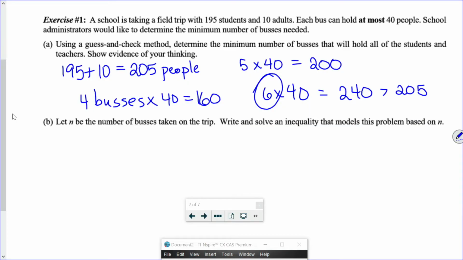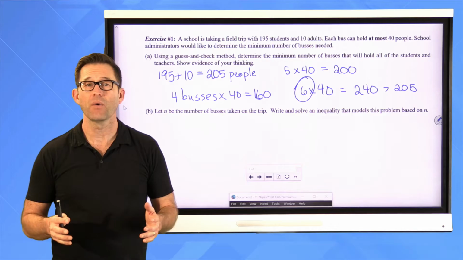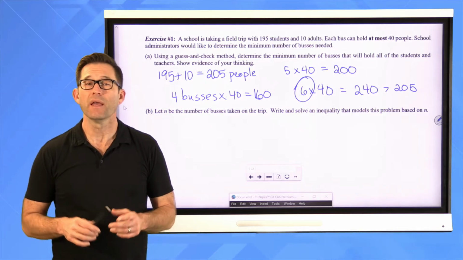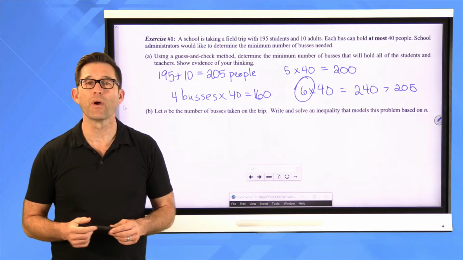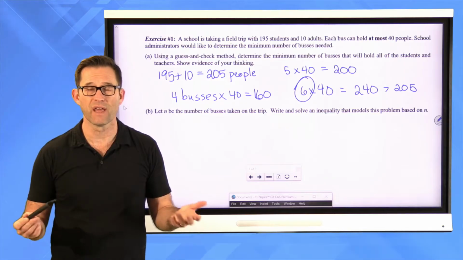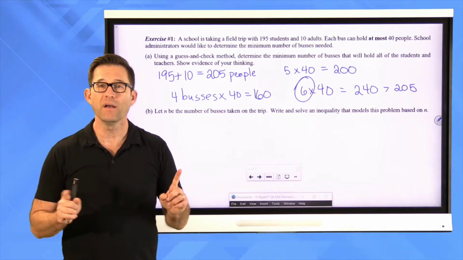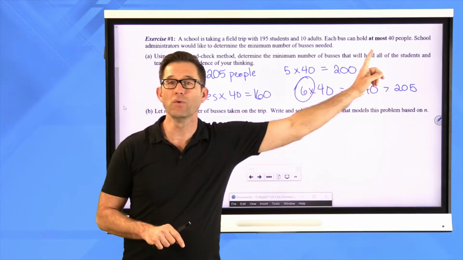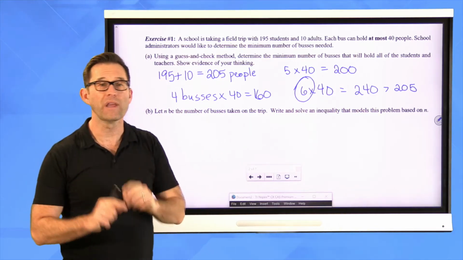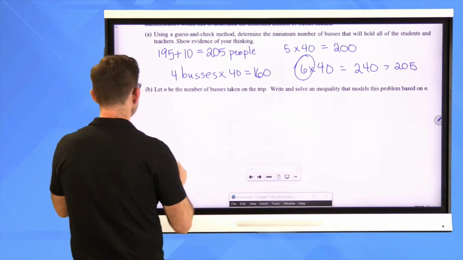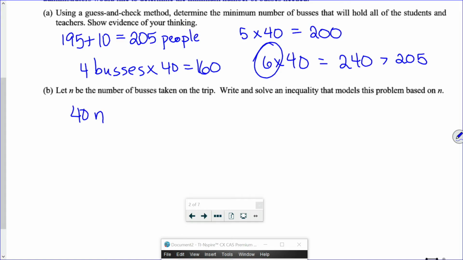Let n be the number of buses taken on the trip. Write and solve an inequality that models this problem based on n. Okay, well, let's do this together. It's pretty simple, right? If n is the number of buses that are taken on the trip, then because each bus can hold at most 40 people, 40 times n, that's going to be equal to the number of people